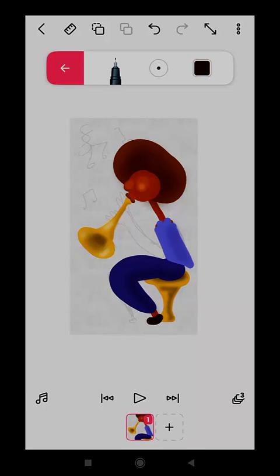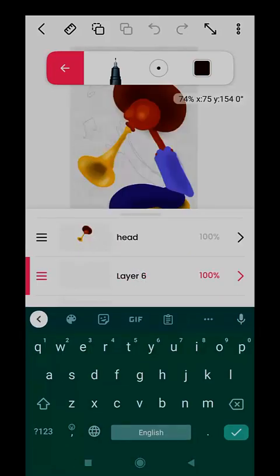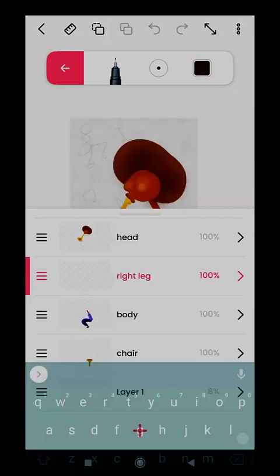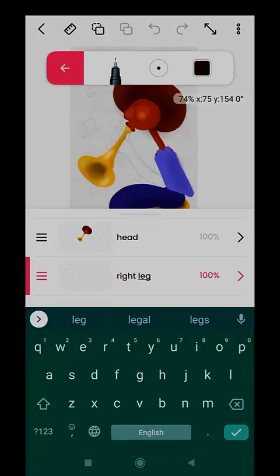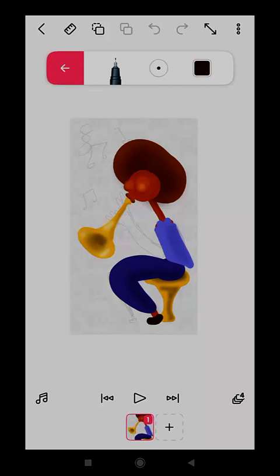We will do the same now for the other leg. We forgot we don't have a leg, so let's go and create one layer for a right leg. This is going to be a right leg which is separate from the body, because we will move those things. This layer I am naming right leg, okay? And I'm going to draw now almost the same leg as I have here,